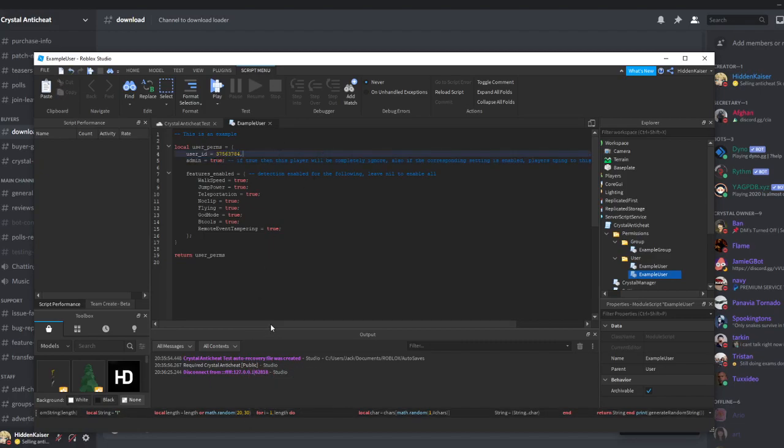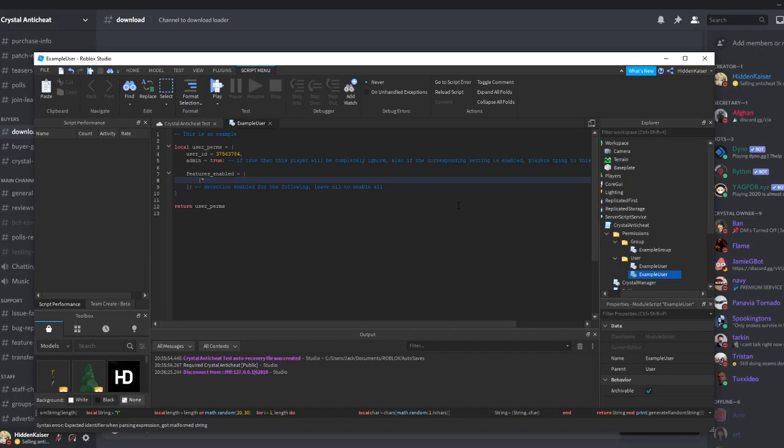So now, there is an admin equals true, and that will make sure everything is ignored besides save instance if you have that toggled off. And you can choose which stuff you want to disable. If you want everything to be enabled, just leave nil. But if you want to disable something, just do something like,